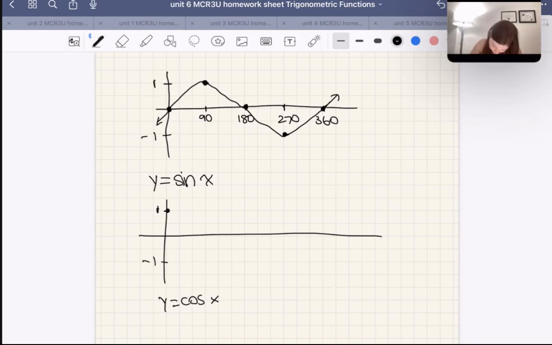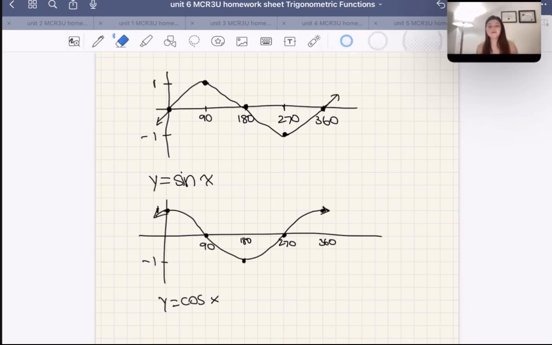So here we have the exact same points as before, but shifted. And this is 90, 180, 270, 360. Very good. And it continues on forever and ever. So there we have it. So those are the basic trig functions, and we're going to be able to do different things to transform the